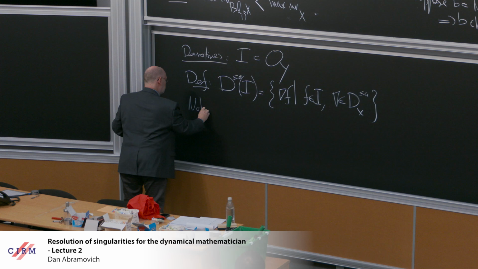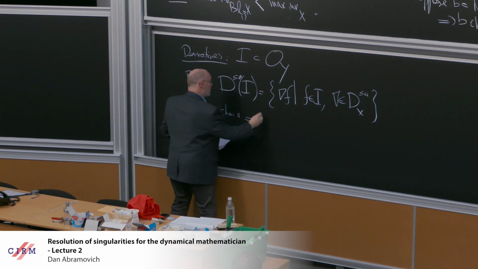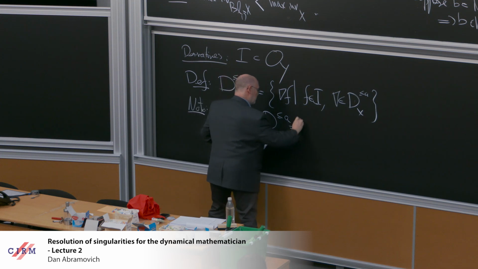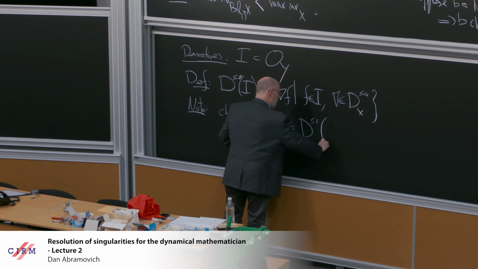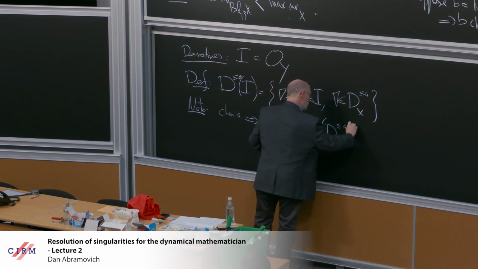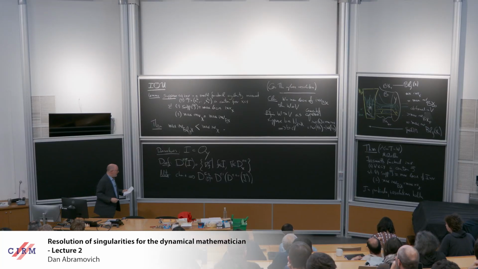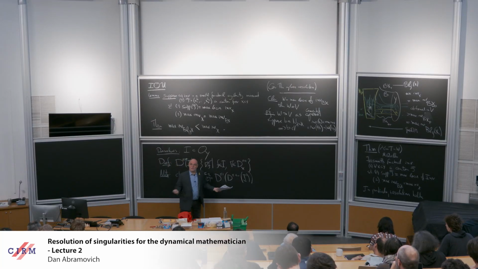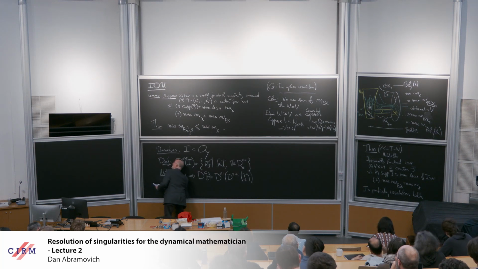Note, I'm working in characteristic 0, which implies that D less than or equal to A of I is D less than or equal to 1 of D less than or equal to A minus 1 of I. Okay? That's because of how derivatives work in characteristic 0. Integers are invertible in characteristic 0. So you can, okay, so next,